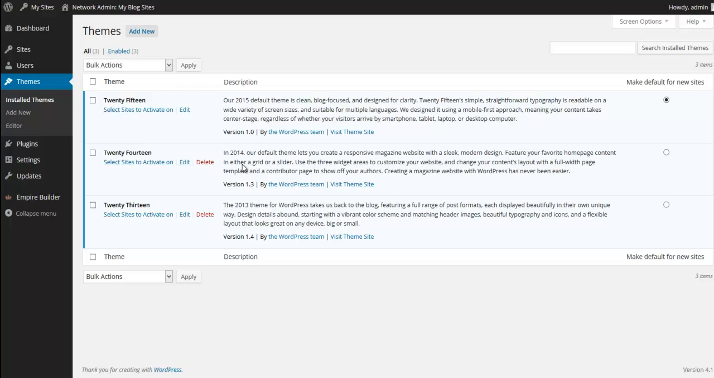So let's take a look at managed themes. You'll see that all the default themes are here. Okay, so these are your themes that you will have to choose from whenever you create a new site on your network. Now, I want to talk to you a little bit about these icons up here,